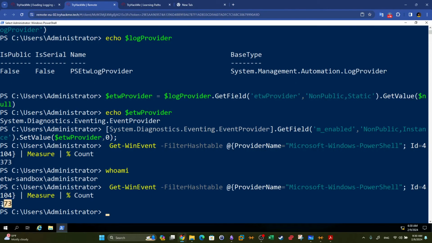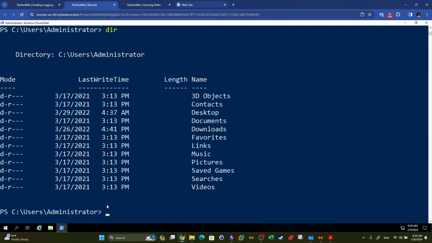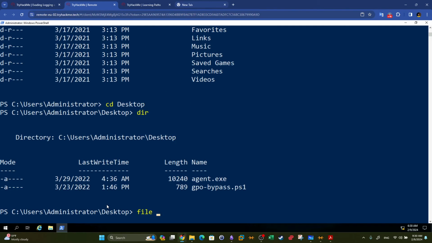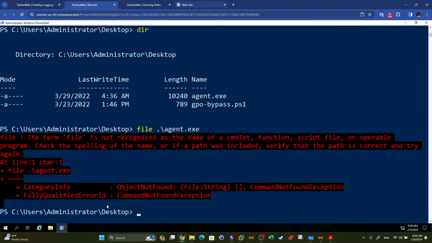So it is the same 373 before we execute whoami, and after we execute whoami, the number stayed the same, which means, guys, we have effectively disabled the event log generation. So no matter the commands you type now in PowerShell, they will not be logged. dir, okay, cd desktop